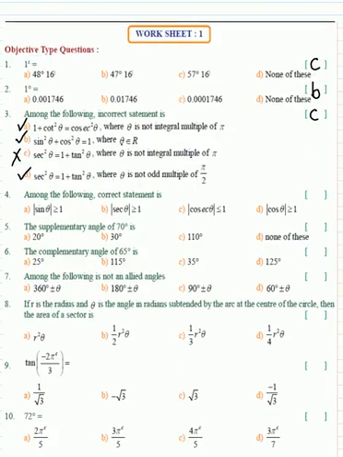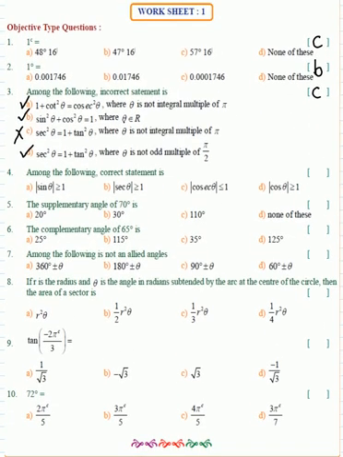So here, according to this one, the modulus of sin theta is greater than or equal to 1. This is wrong. So option B is correct, option C is wrong, and option D is wrong. Option D should be less than or equal to. The correct statement is that the modulus of secant theta is greater than or equal to 1. So the answer is B.